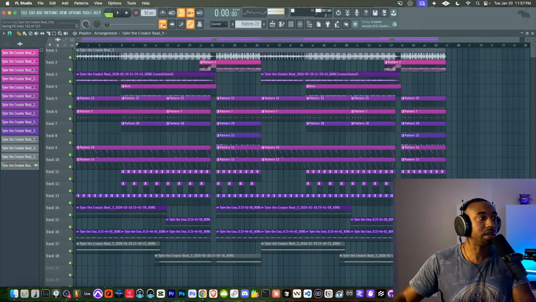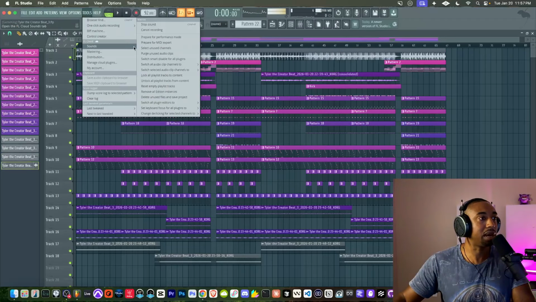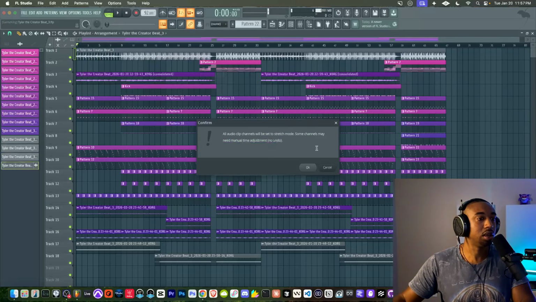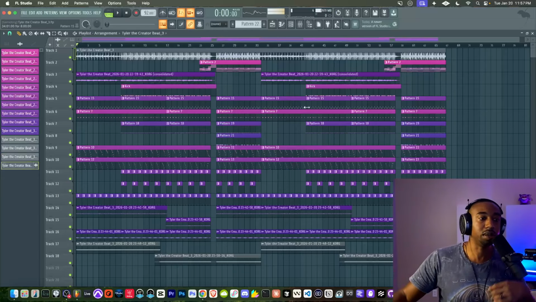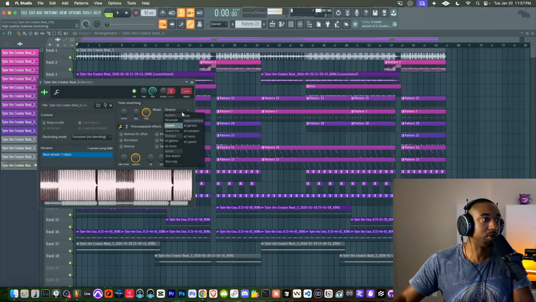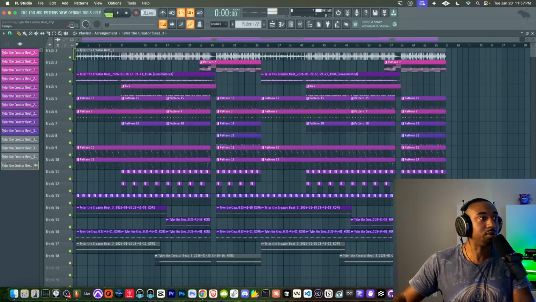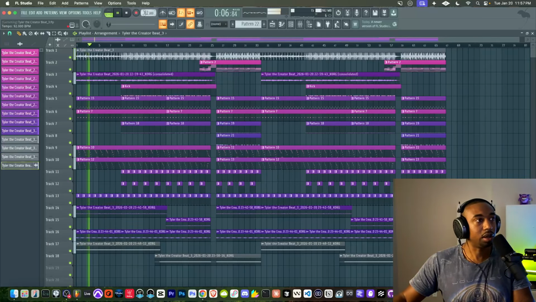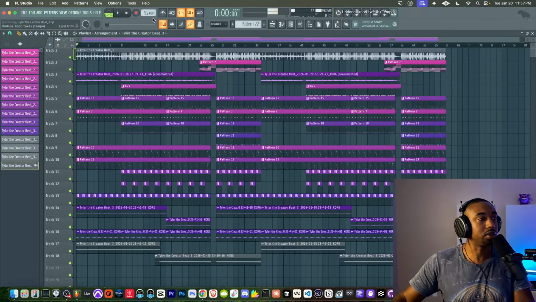And what we can do is change the BPM. And when we change the BPM, first we want to go to tools, go to macros. If you're in the older versions of FL, go to switch all audio clips to stretch mode, because if you move the BPM, you don't want your audio drifting everywhere. We're going to go back to this top one and switch it back to resample. And now when we change the BPM, it will change the tuning. So I forgot where we even started. Let's keep that. Okay, 92 BPM.